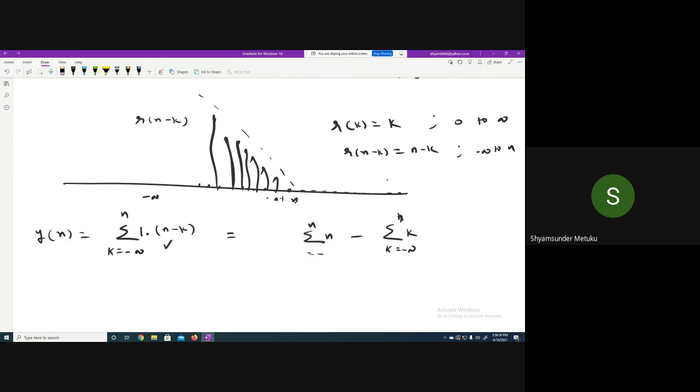I leave this assignment to you. Otherwise it is a waste of time. Either you refer to any book, you will find similar examples of this kind. Otherwise, I will also see so that I can give some simplified form. Is it okay? So this is for n greater than or equal to 0 straight away, and y of n is equal to 0 when n is less than 0. Very simple. Is it clear?